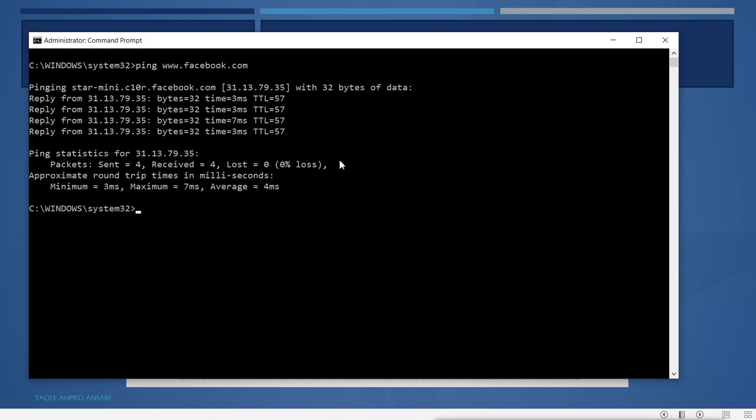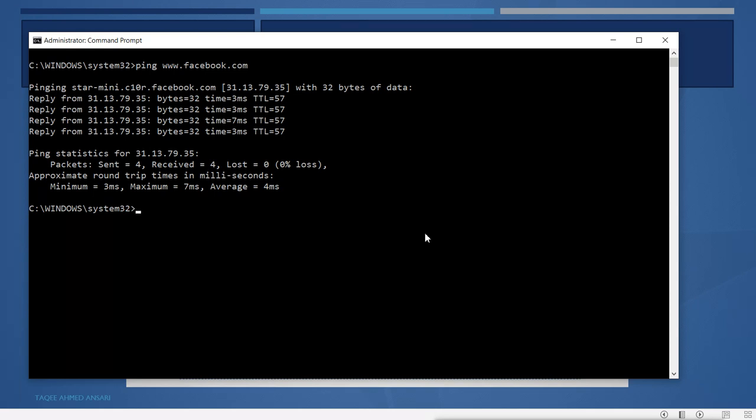It will be discarded. When the packet goes to the router, routers always check the TTL value. If the TTL value is 0, then the router will not forward the packet anymore. It will stop forwarding the packet, drop it, and send an error to the source that is trying to send the packet. The error says that time to live has expired. When time to live is expired, that means it is 0, and the packet will not be forwarded.